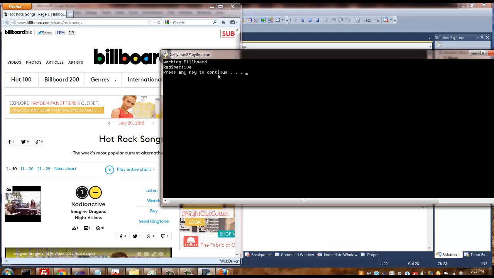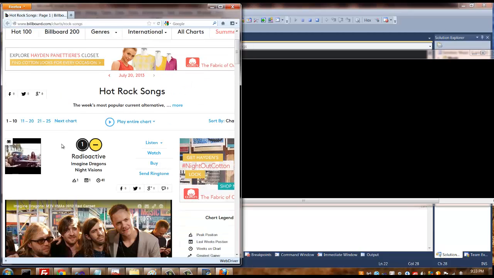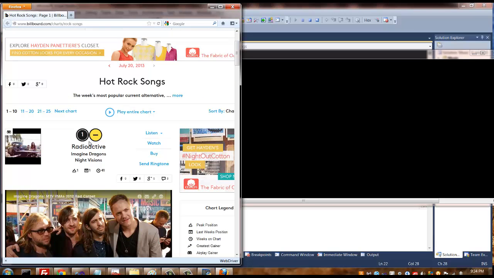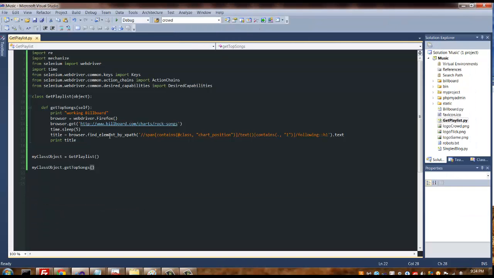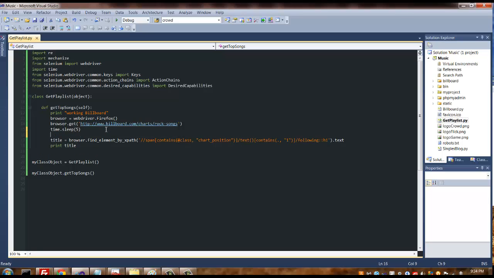So you can see that it found radioactive, which is the current number 1 rock song right now. And that's it. So it worked exactly the way that we wanted to. So if we wanted to store those contents into like a database or put it in a blog or whatever, we could do that. If you want to get the top 10 songs, you can even programmatically put that in there